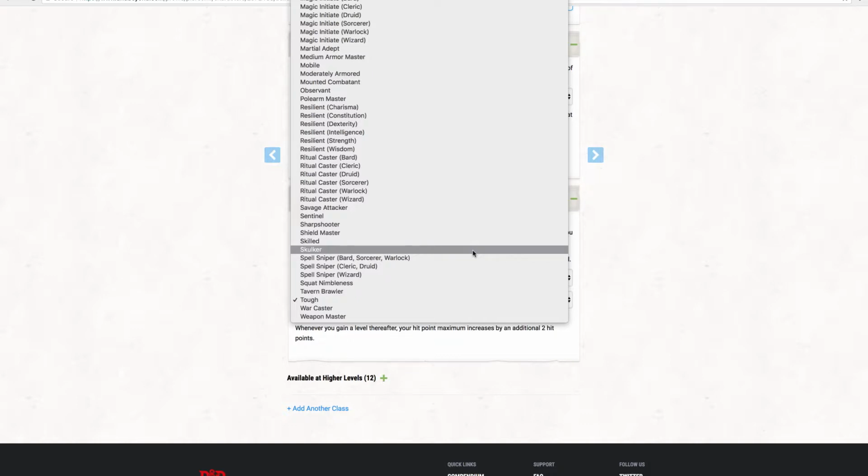Think of your character as a story. Your character has a history. They've been through stuff. They've seen things. They've dealt with stuff. They've lived life. So what about their life? What things have they experienced that would give them some special abilities or traits, and then tie that together in